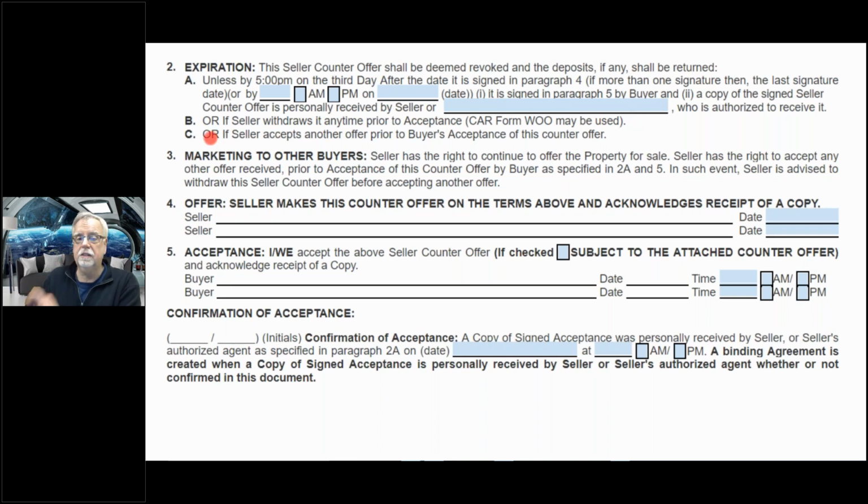Or it says, this is the 3rd way in which it can expire, if seller accepts another offer prior to buyer's acceptance of the counteroffer, right? And notice we don't necessarily have to tell you at that moment. That would be a good thing to do if I'm the listing agent, to say, hey, letting you know. By the way, I've had this happen where we got an offer, we countered the offer, and then we got another offer that was